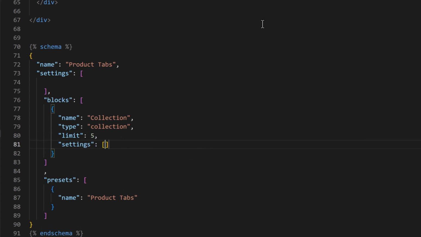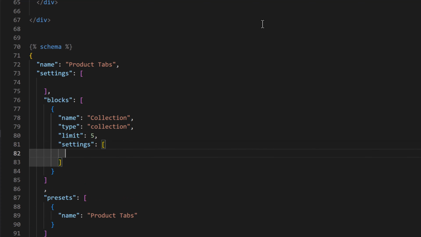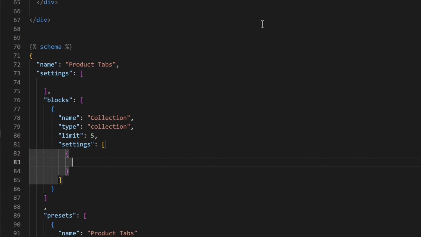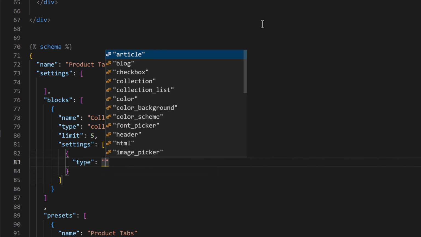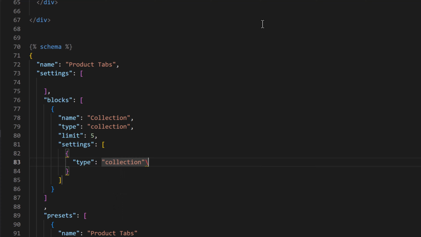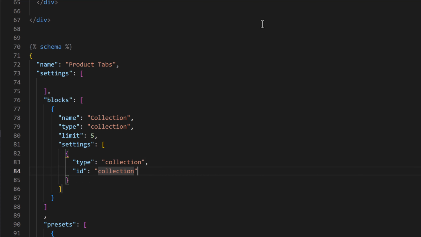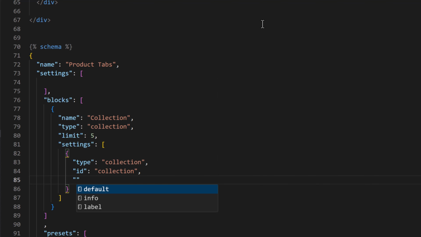And in the settings, we need to define type, which would be collection, where we can select the collection from the customizer. ID would be collection as well, and label should be collection, or you can say select collection. Save that and go back to the customizer,